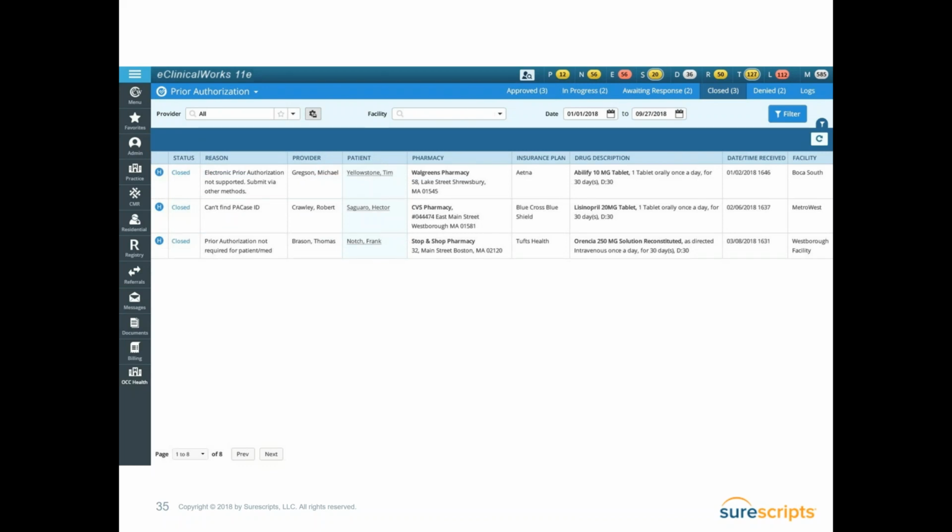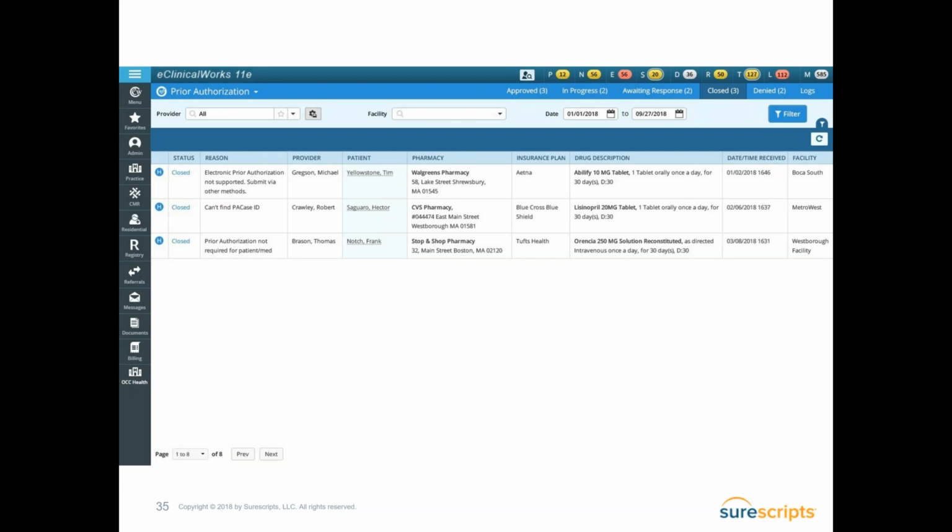And then in cases where I don't get approved or denied, sometimes the PBM will send back a closed status. So if electronic prior authorization, for whatever reason, isn't available for this drug or this health plan, the PBM can send that back. And then that also means that we at Surescripts try to find an alternative method to send you back something else. So if we're not connected to the PBM for whatever reason, we can still find a fillable PDF of that PA form and send that back